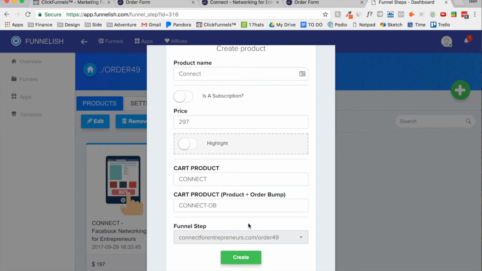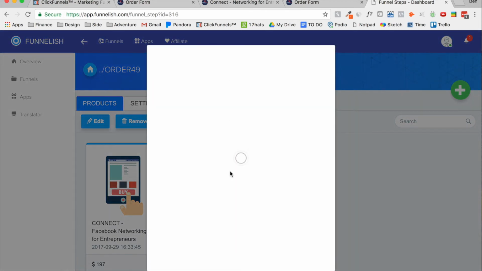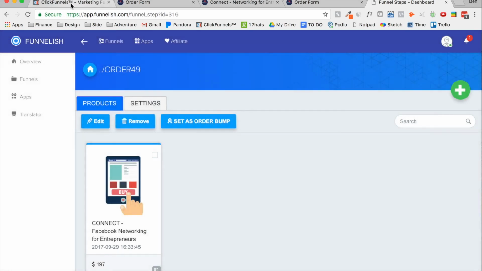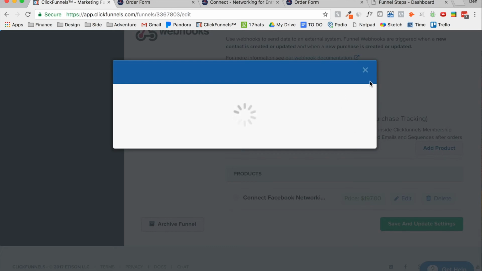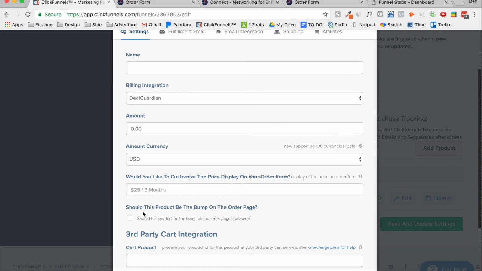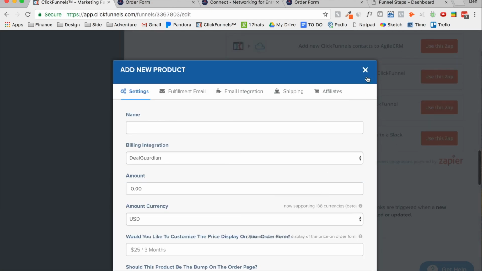So the cool thing about Funnelish is once you've got the funnel step set up with the funnel URL, it'll automatically pull that information in. So you just select the right one there and click on create. Then you'll have your actual product. So now if you have an order bump, you would just create a second product, exact same way you did the first one. Also want to go back to Clickfunnels, create the second product down here for the order bump, add new product, exact same thing you did for the original one. And just like you did on the order form, you want to make sure to select this is an order bump, right? Once you've got that created, we'll go back here to Funnelish,